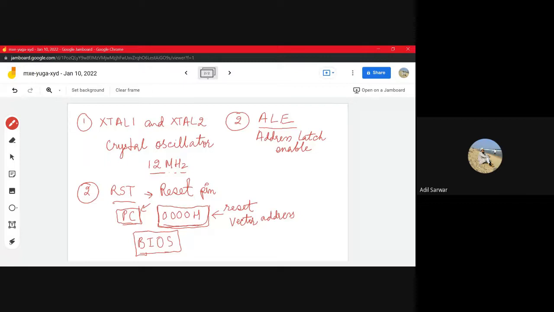So we have pins from A0 to A15. These are address bus pins, and they could be divided into higher bit pins and lower bit pins, A0 to A7. These lower pins are multiplexed with the